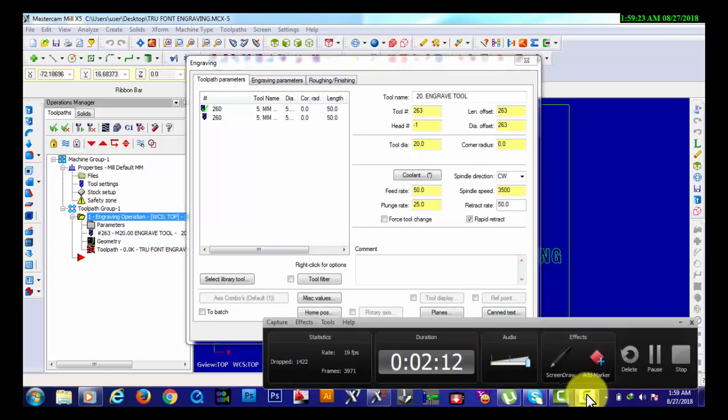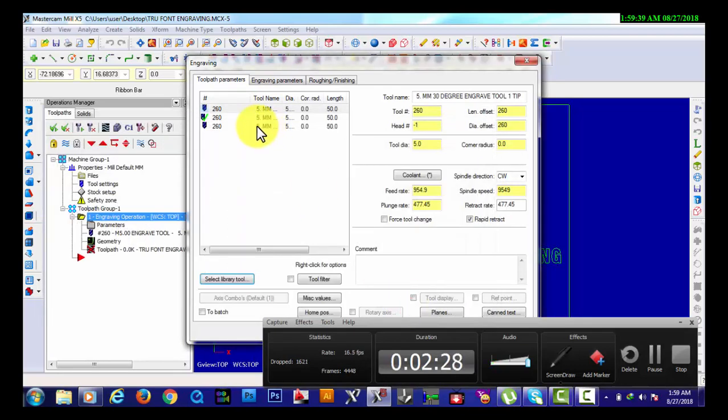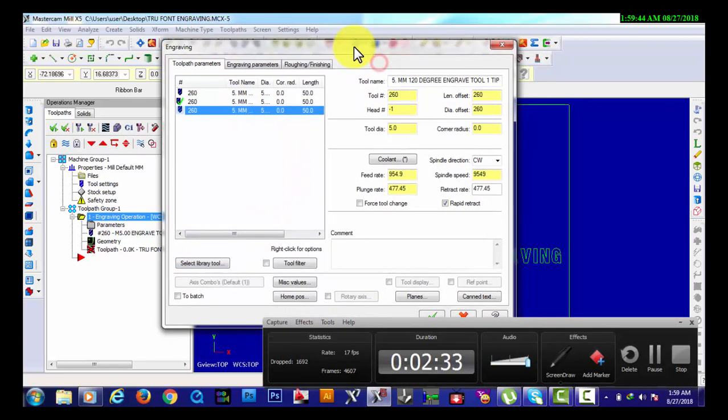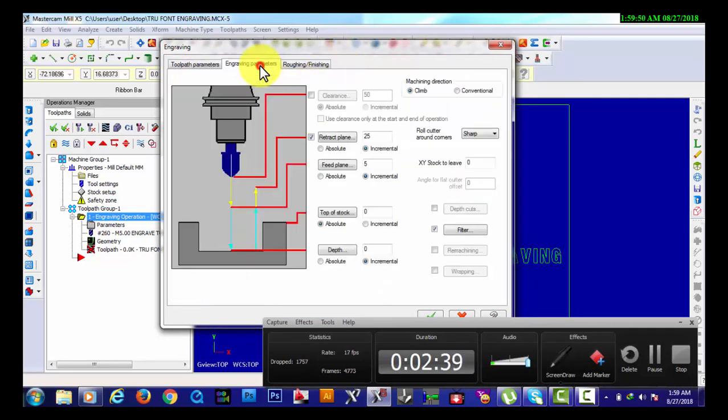Engraving toolpath also required pocket. Okay. Now I'm going to select the tools. No need, a little bigger, because this will be used both for wrapping and finishing.